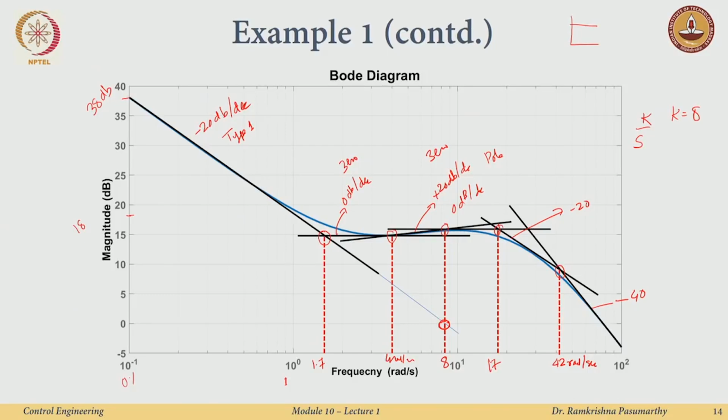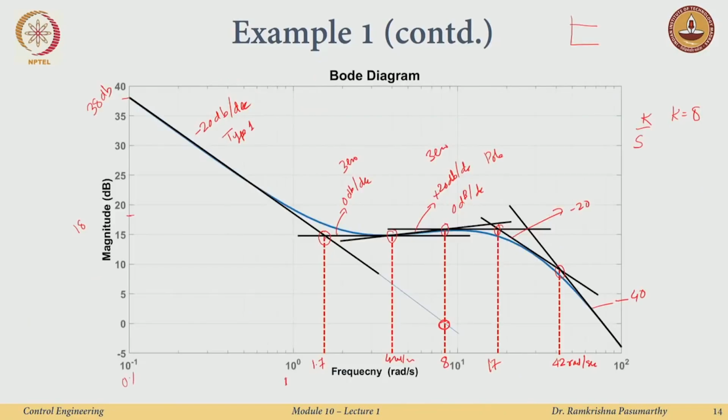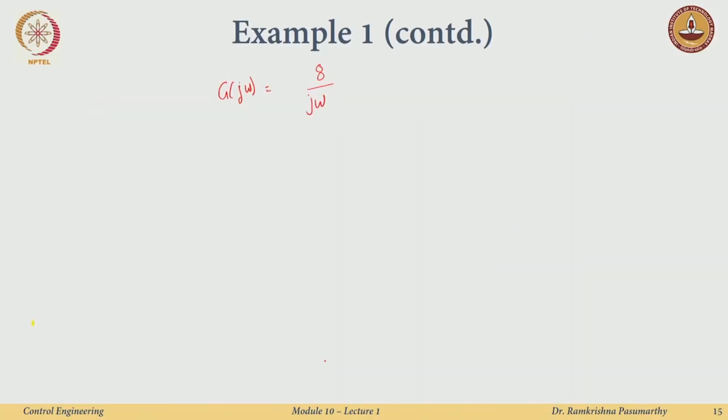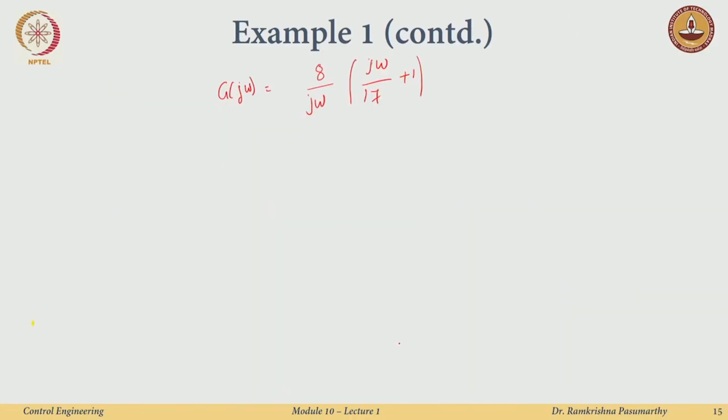Now things are straightforward, right? I just can write down my transfer function of the form G of j omega. Now I have the gain. This is the low frequency behavior. I am just writing down the sinusoidal transfer function. Then what happens after this? I encounter a zero at 1.7. So this would show up in this way, j omega by 1.7 plus 1. After that there is another zero at a frequency of 4 radians per second. So this will be j omega by 4 plus 1,